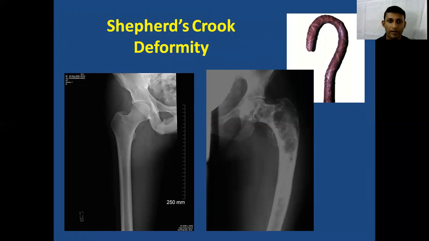This is another important radiographic feature of a patient affected with fibrous dysplasia, that is Shepherd's crook deformity. When it is affecting any long bones, especially our thigh bones or leg bones, the patient will have some radiolucent lesions, and because of that, the entire bone will become bent. So it gives an appearance of a shepherd's crook. That's why it is called Shepherd's crook deformity, as you can see in this radiograph. The first radiograph represents a normal bone, whereas the second one clearly shows multiple radiolucent lesions, because of which the bone becomes weaker and eventually bent.